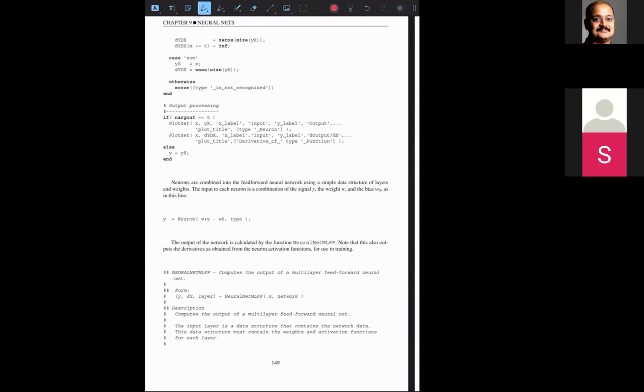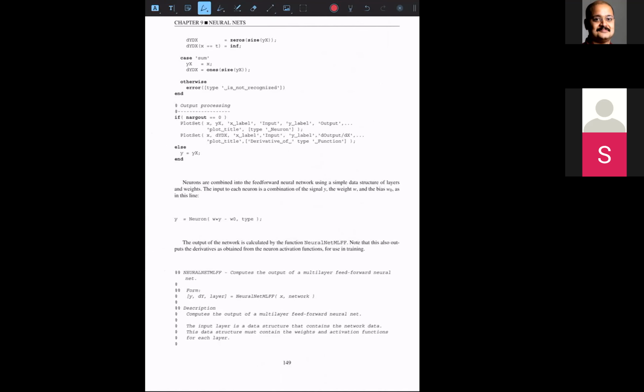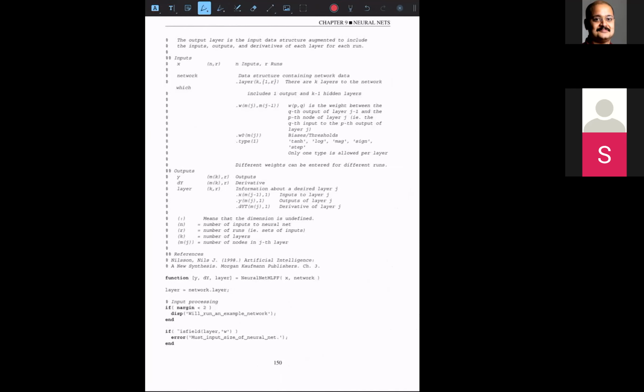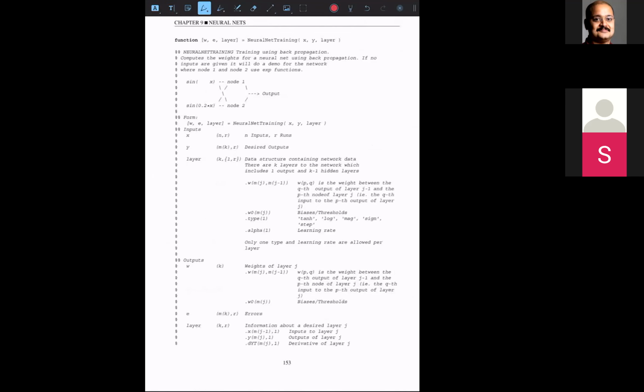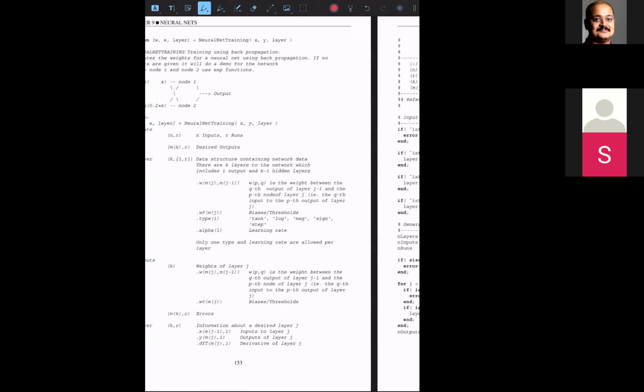And then there is this code for neuron. I just want to show you. A simple neuron code is input multiplied by weight plus bias. And then you feed that to an activation function and then run through this code. And then basically you have this neural network training code. And this is actually a very simple connected network. And basically that actually does the back propagation.